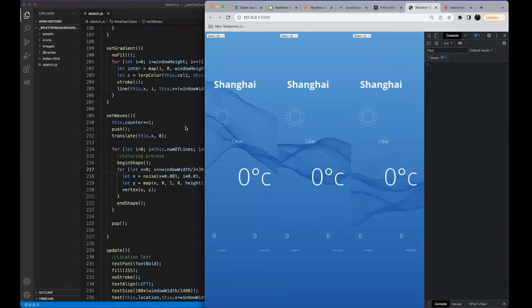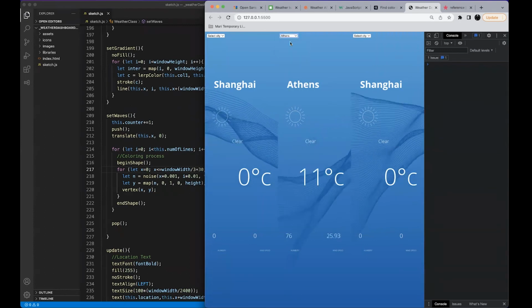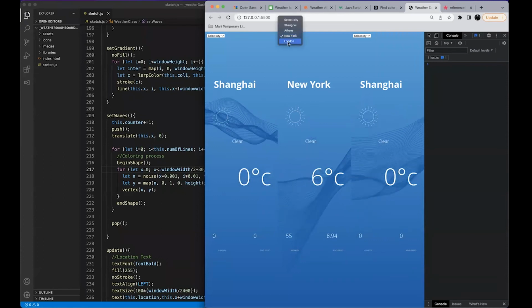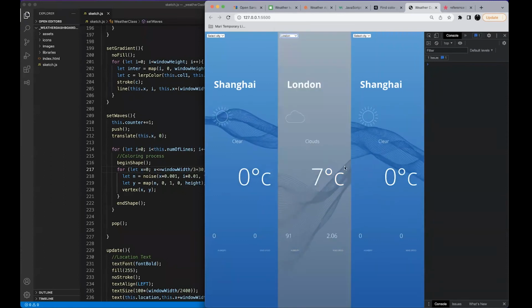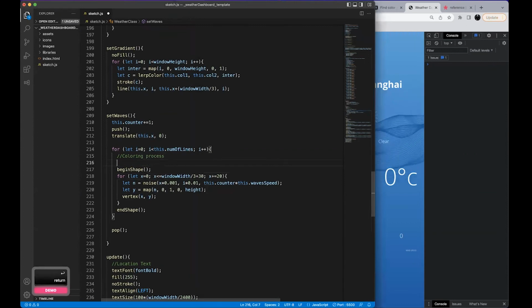Now, the other part that I also need to add is that if we have, let's say, another city that is having different conditions, perhaps we would like to utilize a different kind of colorization of the wave. In some instances, this is quite fine, but if we want to add a little bit more to it, then we need to come here to the coloring process and make sure that the stroke, or actually